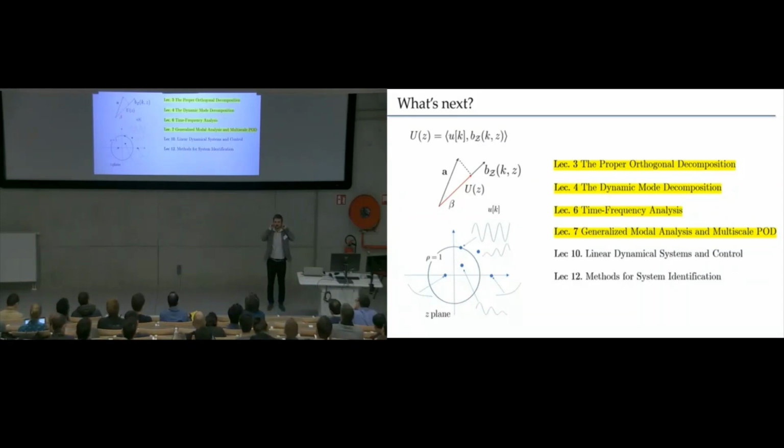There was a question yesterday: when should I use the DMD or the POD? Well, that depends on what is the question that you are asking. These are tools to take data and project it onto a different basis. Is this basis better than the other? It depends on what you want to do. If you want to do compression, then probably POD is 99% of the time the best, because you want just a few modes, so you want to find a basis such that only a few matter. If you want to do analysis, like continuous wavelet analysis, but I will not spoil too much, promise,